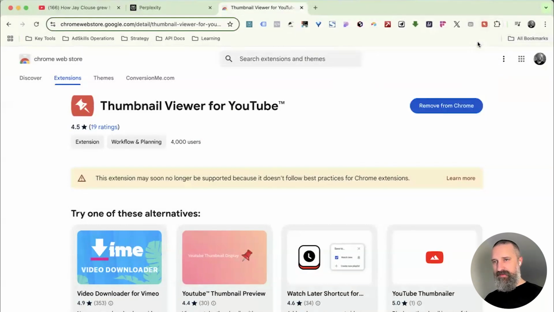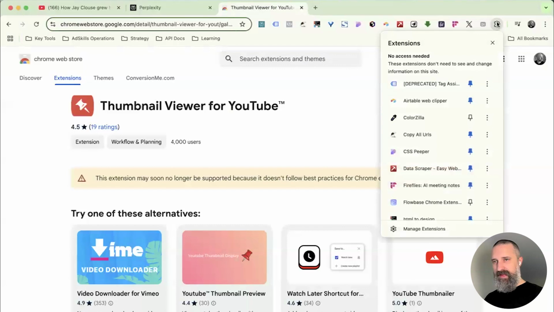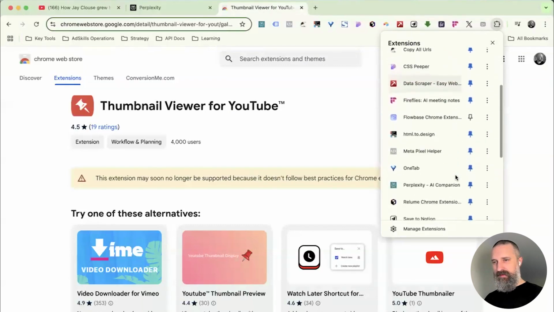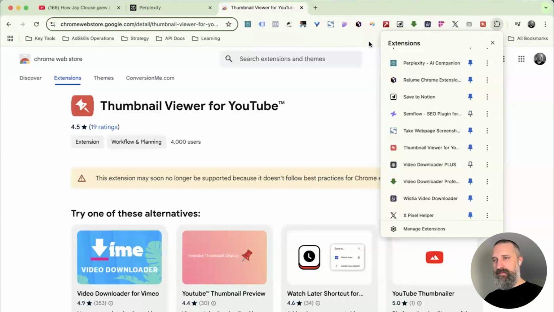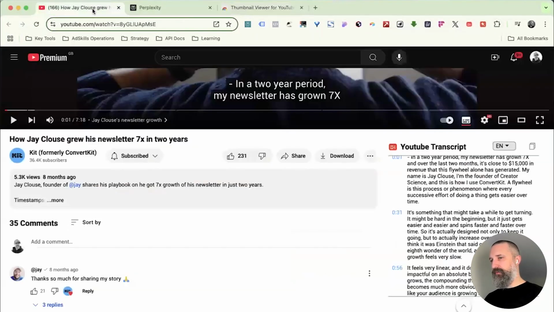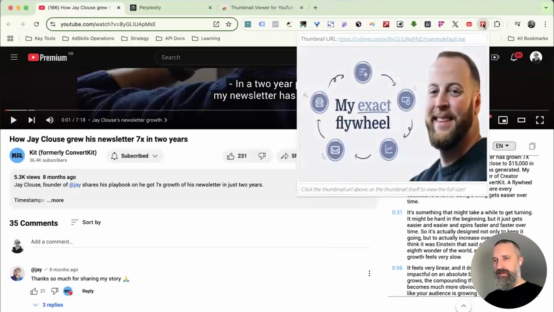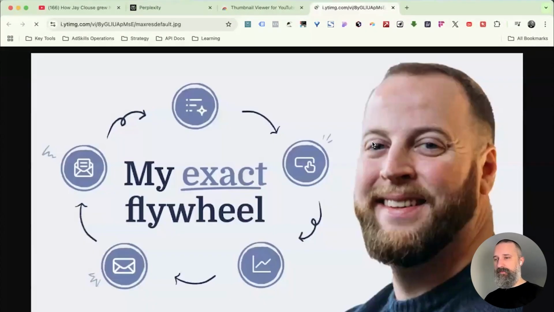And once I X out of this, it goes away until I hit the jigsaw. I can come down, find where the extension is, and pin it to make it available. I go back to the video, and if I just click on this pin now that we're on YouTube, it's going to make the thumbnail available to me, and I could copy that thumbnail if I want to reference it,